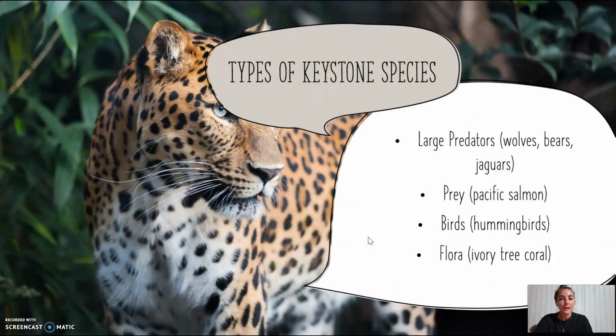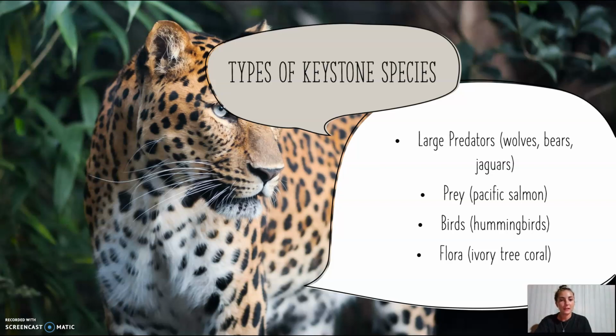So, first of all, what is a keystone species? A keystone species would be any species that has a disproportionately large effect on its environment and the other species within it, and that would be disproportionate to its abundance. They play critical roles in maintaining the structure of their ecological community,